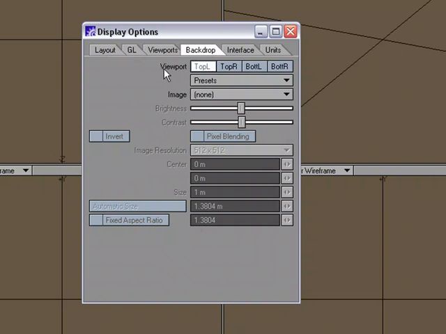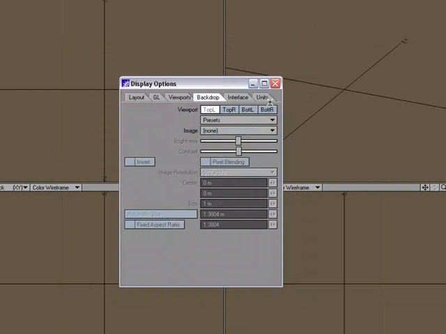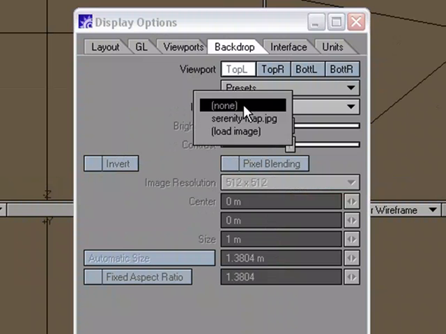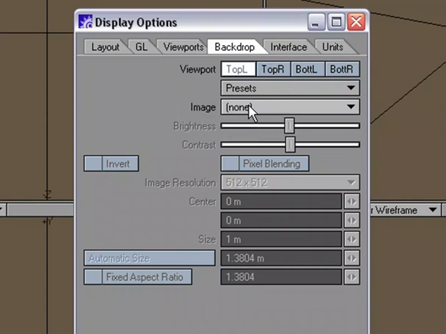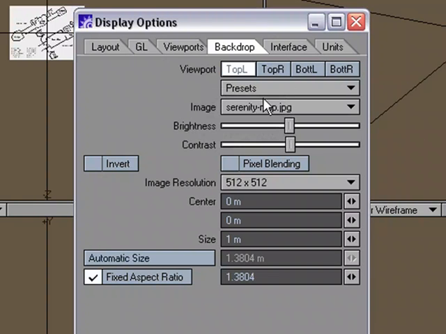We need to choose the viewport that we want to place the image in. I'm going to go ahead and use the top viewport. Top L is top left, top R, top right. Bot L is bottom left, and bot R is bottom right. But we're going to use the top left, and I'm going to select an image from my list. If you haven't already loaded an image, you can load it right here, but I'm going to use this Serenity